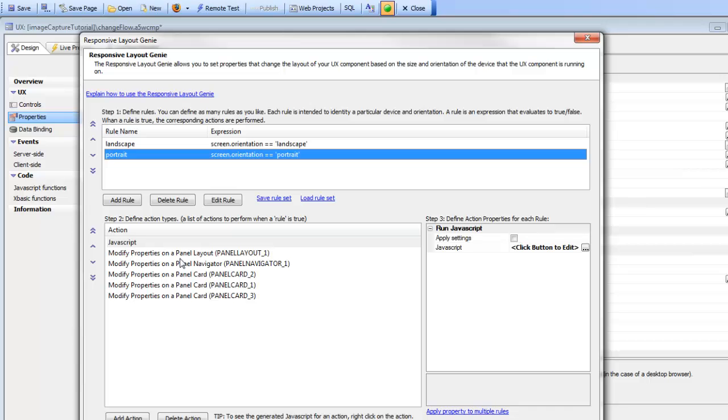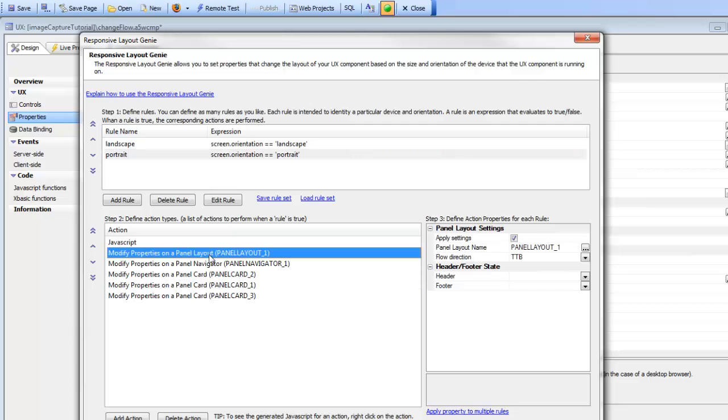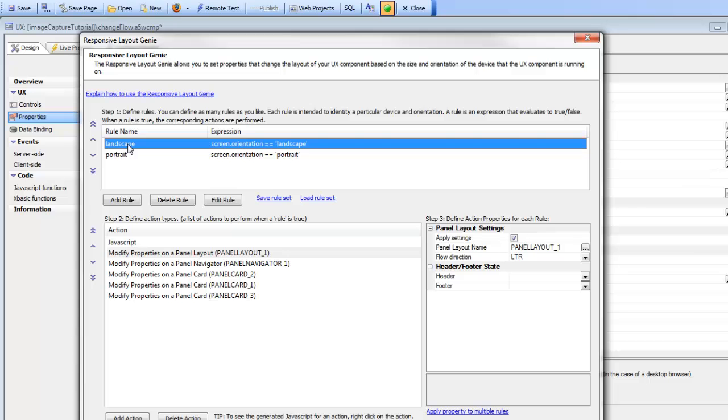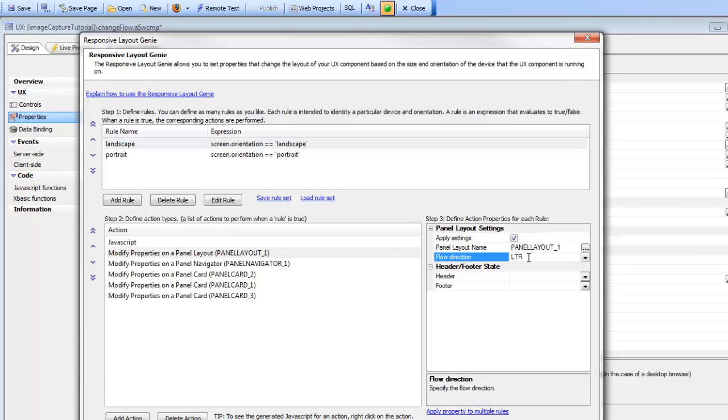So you can turn on and off rules individually in the properties pane over here. So let's go take a look now at the first panel layout over here, and you can see that for this panel layout, when we're in landscape mode, we're setting the flow direct